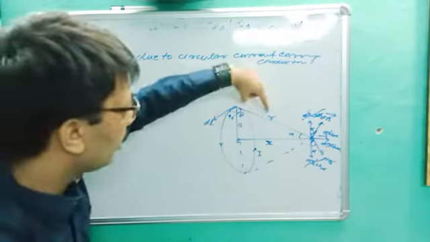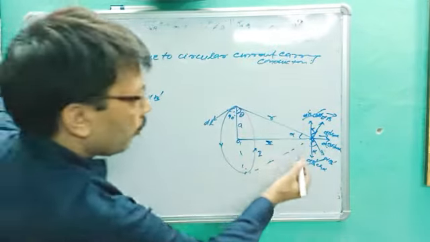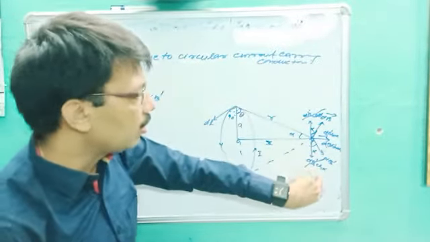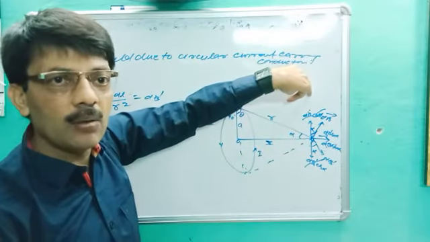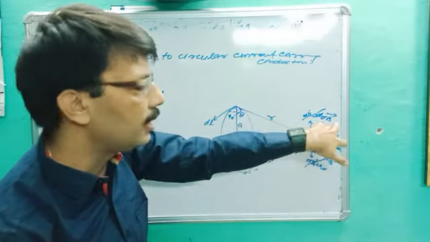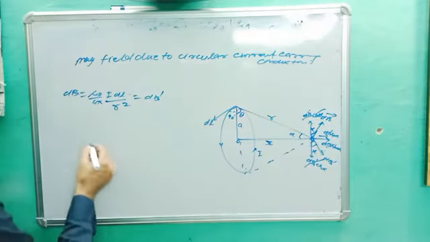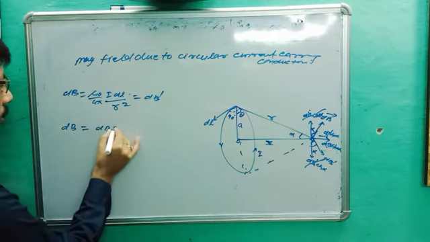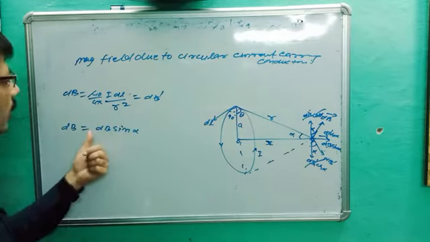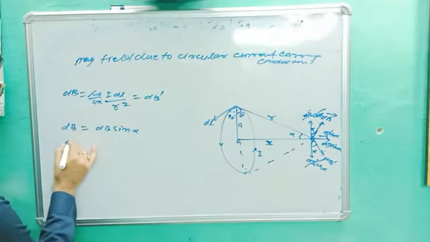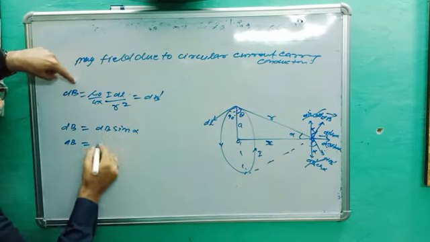So what do we get here now? This is the dB value. We are not talking about dB cos alpha; we are talking about dB sin alpha, because the cos components are equal and opposite, so they cancel out. So you have to write that dB cos alpha and dB dash cos alpha are equal and opposite, so they will cancel out. Only we will see dB sin alpha and dB dash sin alpha. So the magnetic field dB is equal to dB sin alpha, or you can take 2 dB sin alpha. Both processes are available. So what is the value of dB?